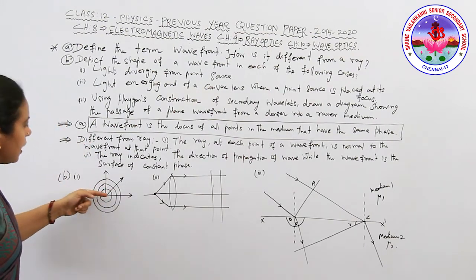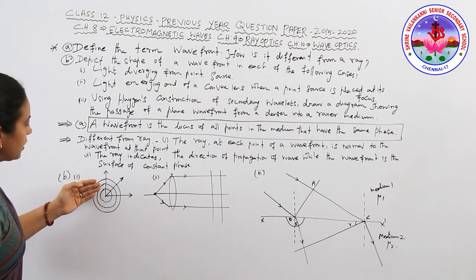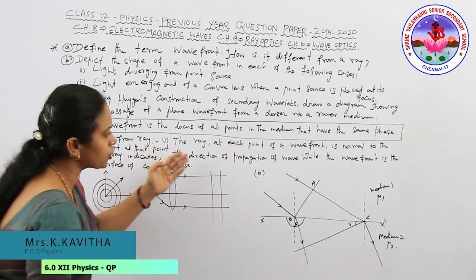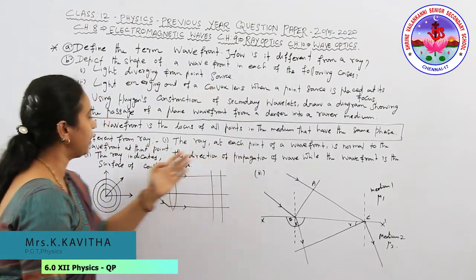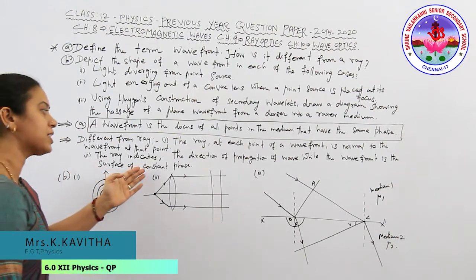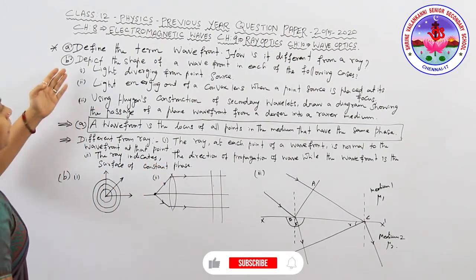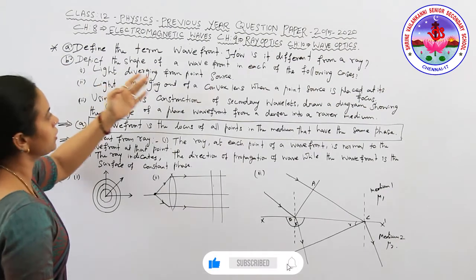For example, this one is the wavefront we have taken. This is the normal, the ray. Ray is normal to wavefront. And the ray indicates the direction of the propagation of the wave, while the wavefront is the surface of constant phase. Did you understand? Now the second part of the question, depict the shape of the wavefront for each of the following